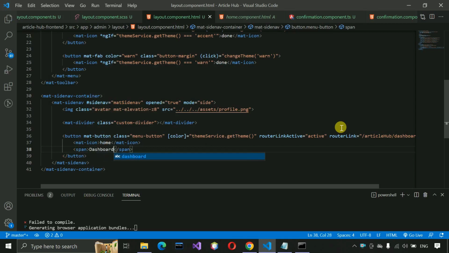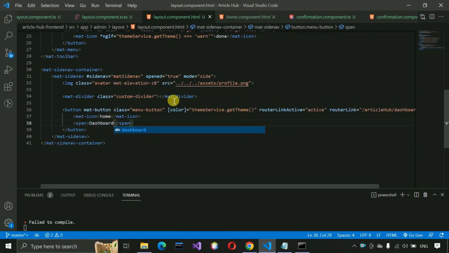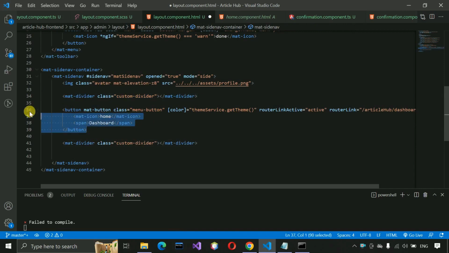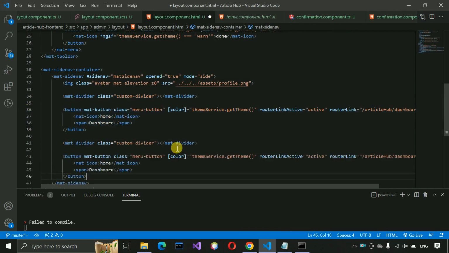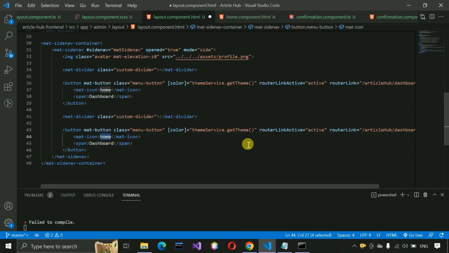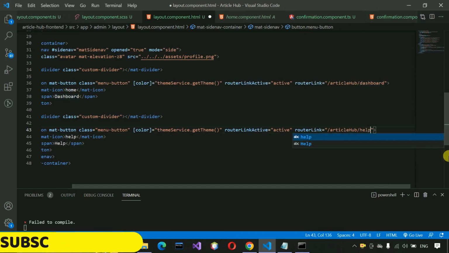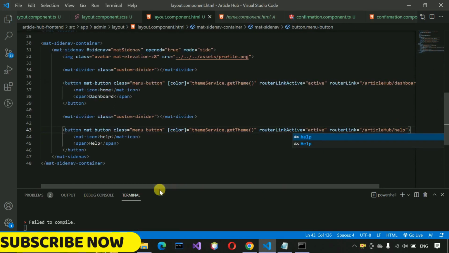Save this, and in the same way we just need a divider here, just paste it after the button, and then we are going to copy this button code and paste it over here after the divider, and here we just need to change it for help. Here in the span we are also going to change it for help, and we also need to change it here in the route. So here we just need to change help and save this. After that,